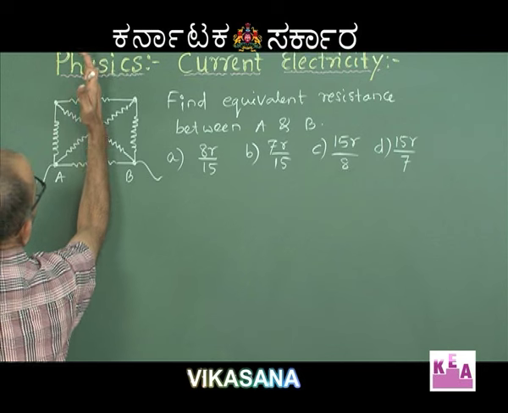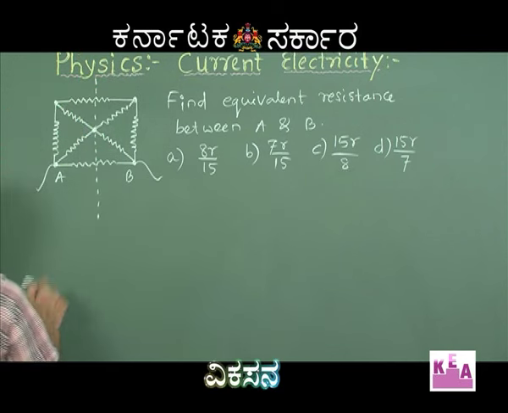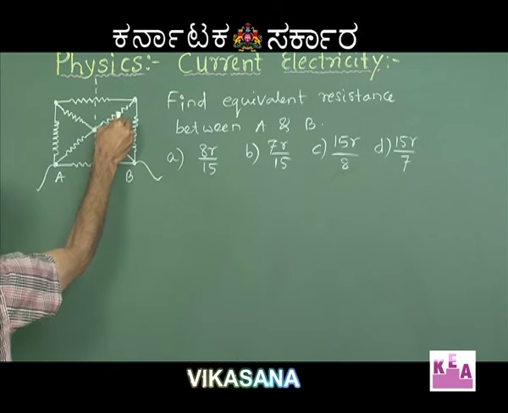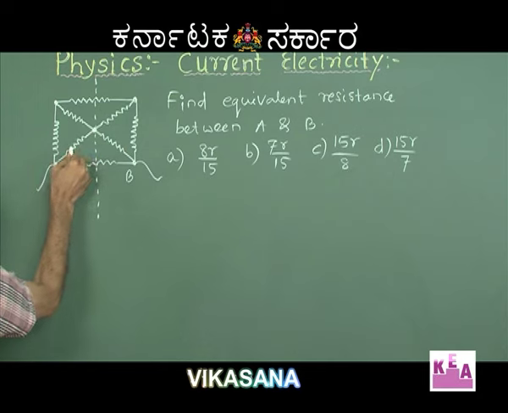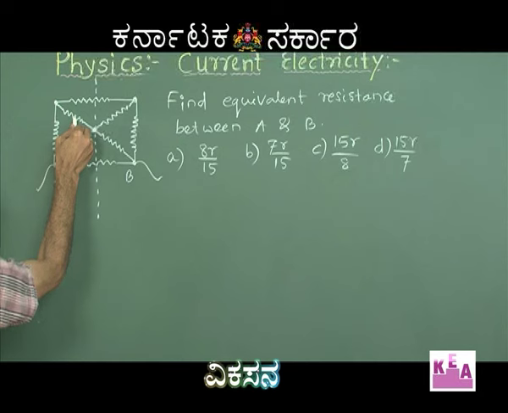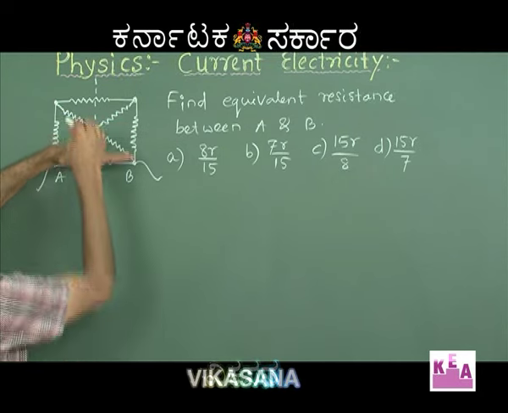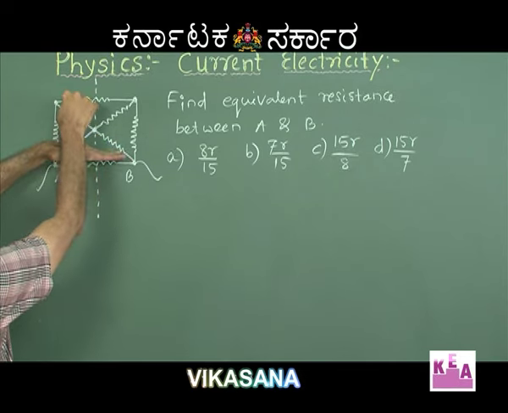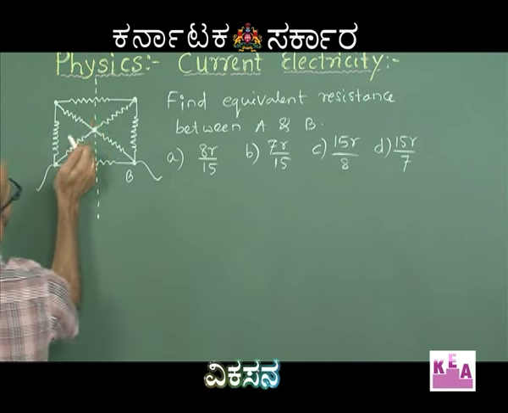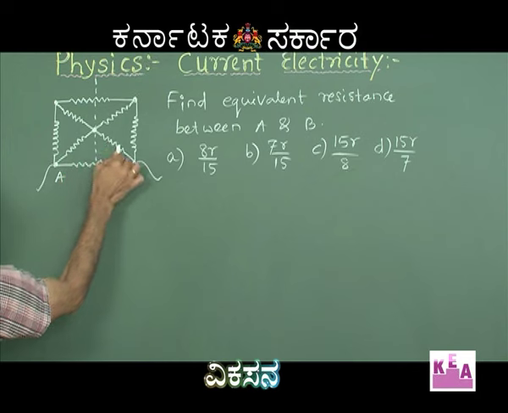Once I keep a mirror, I have to identify the circuit elements and their mirror images. I hope you all agree that if this is the circuit element, then this is its mirror image, not this. Similarly, if this is the circuit element, this is its mirror image and not this, because the mirror is not kept like this. If the mirror were to be kept like this, then this is the circuit element and this is the mirror image. But now this mirror is kept like this, therefore if this is the circuit element, this is going to be its mirror image, and likewise for this one.